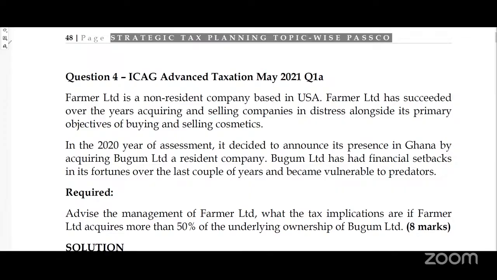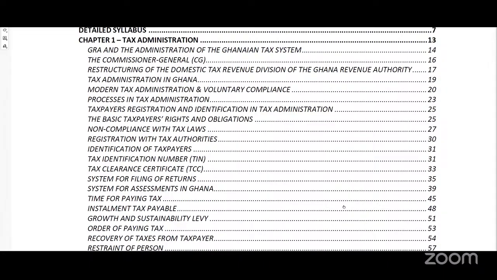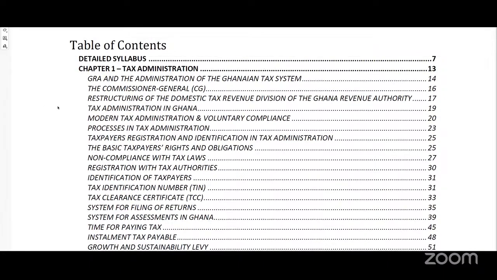While we wait to see how the book looks, if I may ask again, during lectures or after class, will you share notes? Sometimes when there's a challenging area, I share some notes. It's not everything that I share notes for, but I use the act. The book is for you, but I use the tax act. I teach with the tax act itself. I want you to become a good tax practitioner. So I use the act to teach. Everything we do, I use the act, but we pick questions from the book.